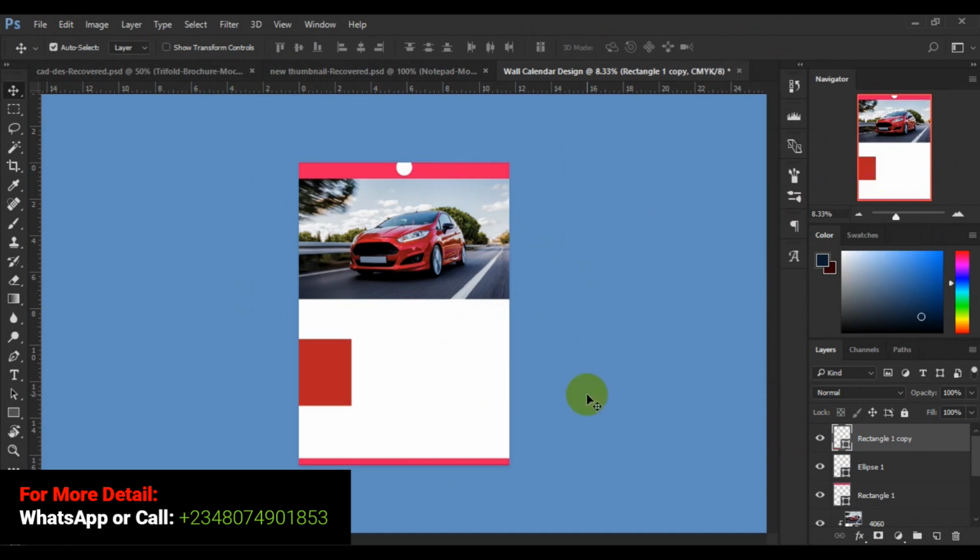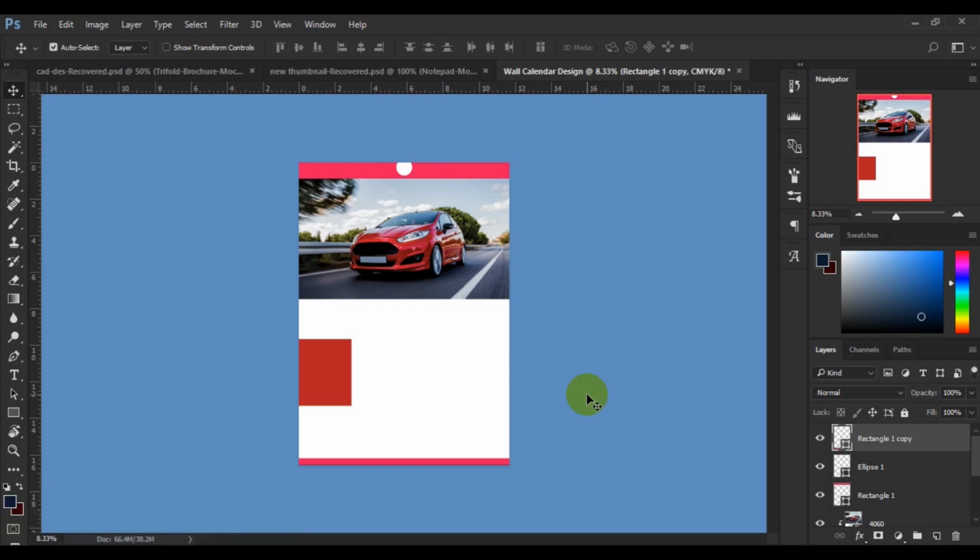Alright, so in this regard, what I'm going to do is that I will send you guys this PSD file format. I will want you to input text, and let's see how you are able to understand the concept of a work calendar design in Adobe Photoshop. I have taught you guys how you can generate calendar from CorelDRAW or from internet. So what you are going to do for me is to input the calendar and some other text that you might think is necessary to put in this work calendar design. Then when you are done, save the file in JPEG or PSD file and send it back to me on